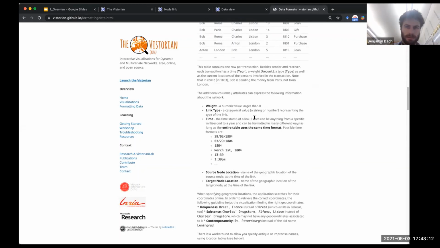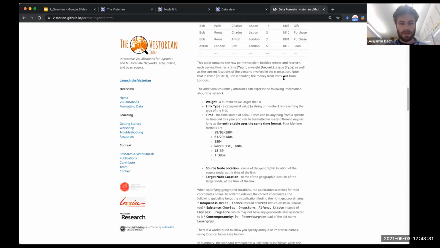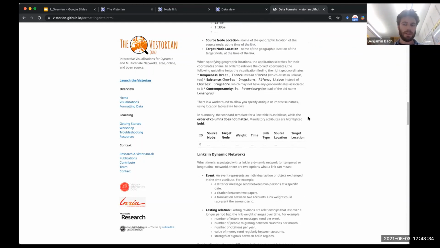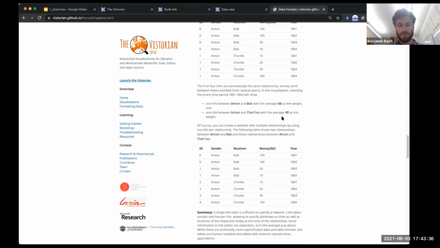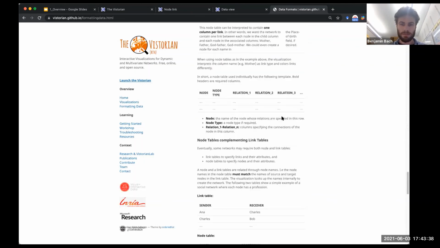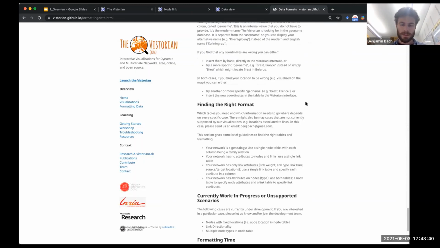Again, there are so many ways you can specify a network and so many different things. Sometimes you may have, for example, a link that has a start date and an end date. That is something that is currently not supported. We are working on this right now. There can only be one time per link, but you will see this can be arbitrarily complex, and time formats and everything are explained on this website. And again, if you run into issues, really just get in touch. We want to help you use